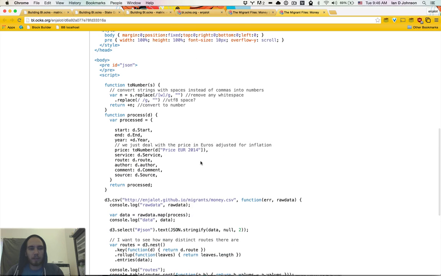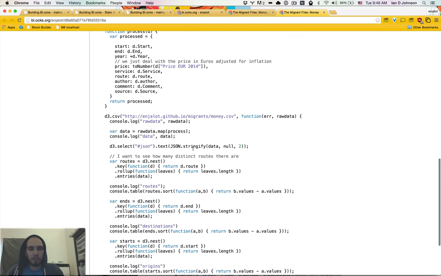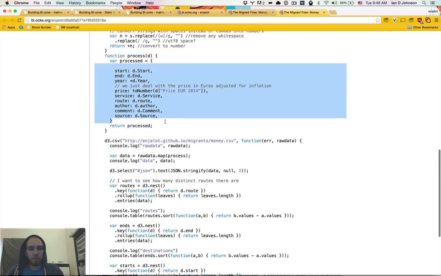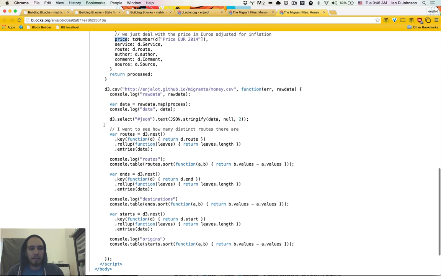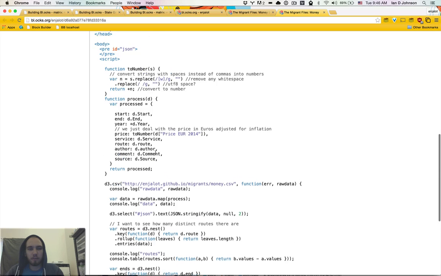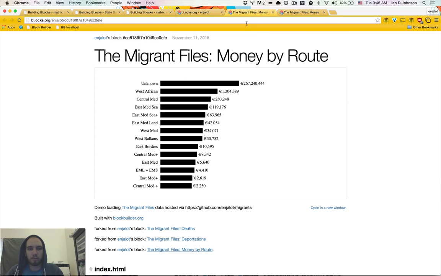So basically what we'll do is go from this, which is the raw data. It's already been processed into something more programmatically friendly for D3. For instance, we're turning this field, which is price year 2014, into just a number stored in price. And then I'm going to show you how to use d3.nest in a few ways to come up with a